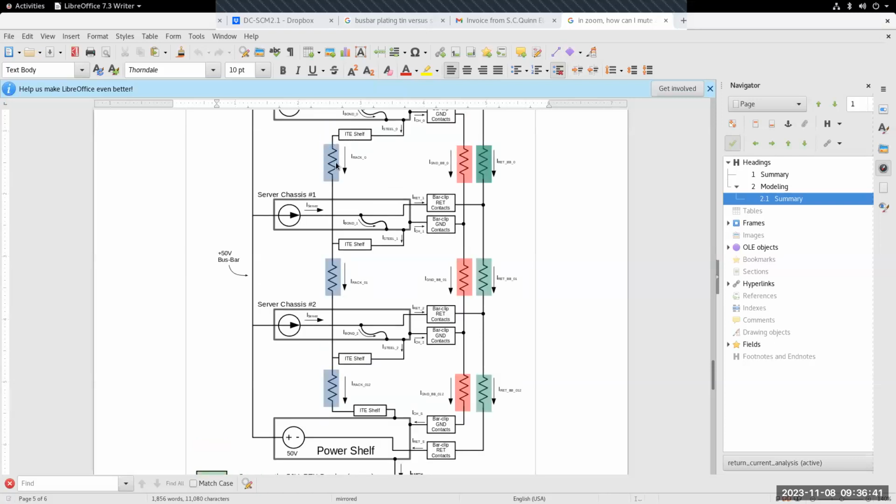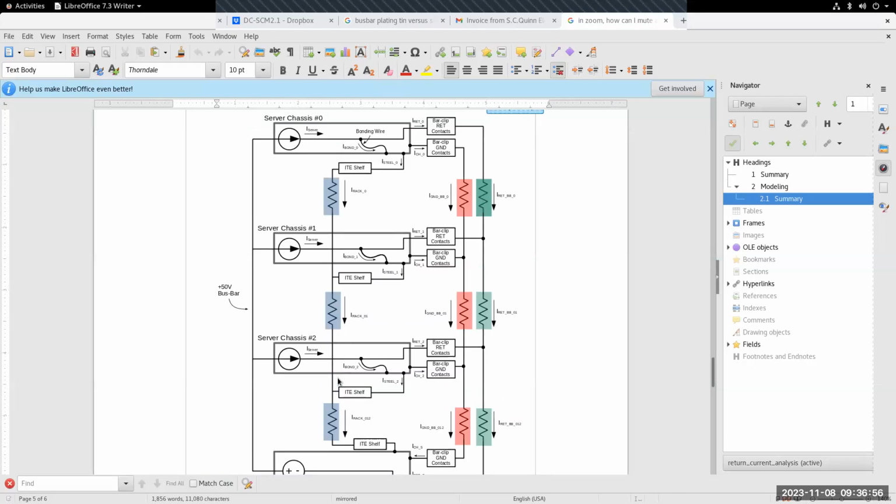Similarly, any current that's on the rack steel is going to have to come through the shelf of this last server onto its chassis, backwards through the bonding wire onto the return, and complete the circuit that way. And if all of these currents were for some reason nicely distributed, a little bit here and a little bit there, then I don't think it would be much of a concern.